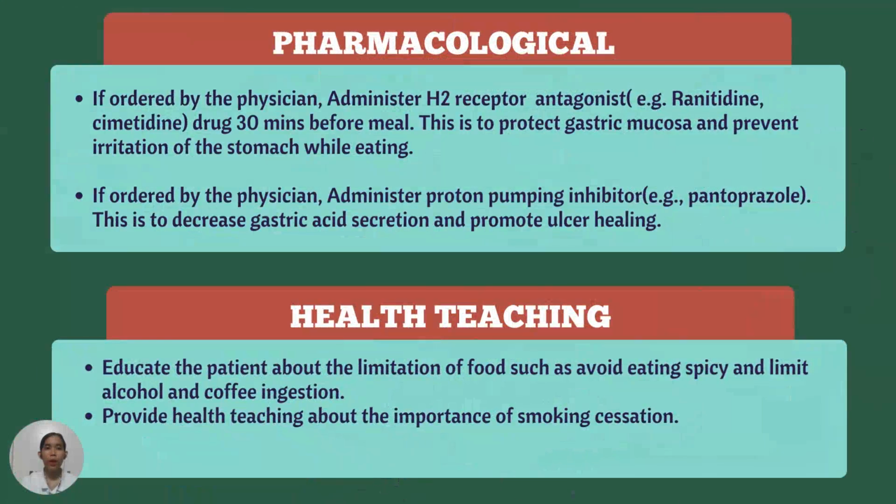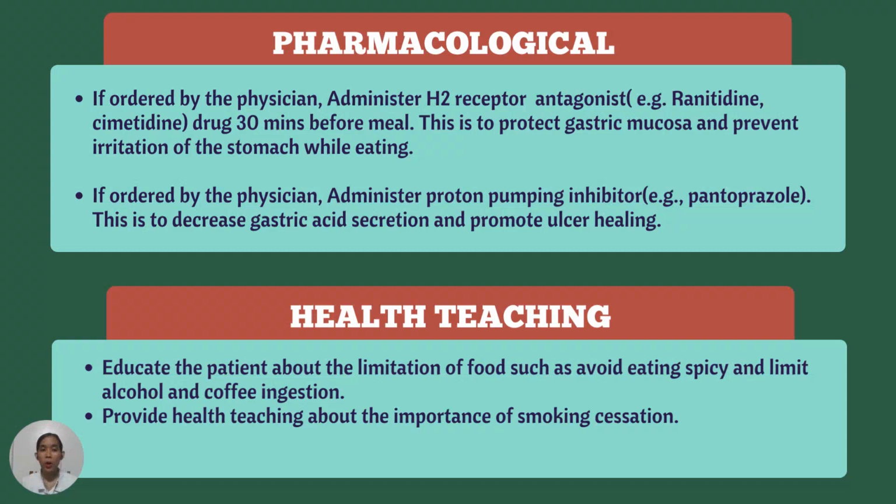So for pharmacological treatment, if ordered by the physician, we are going to administer H2 receptor antagonists such as ranitidine and cimetidine 30 minutes before their meal. This is to protect the gastric mucosa and prevent irritation of the stomach while eating. Another drug, if ordered by the physician, is a proton pump inhibitor. An example of this is pantoprazole, which can decrease gastric acid secretion and